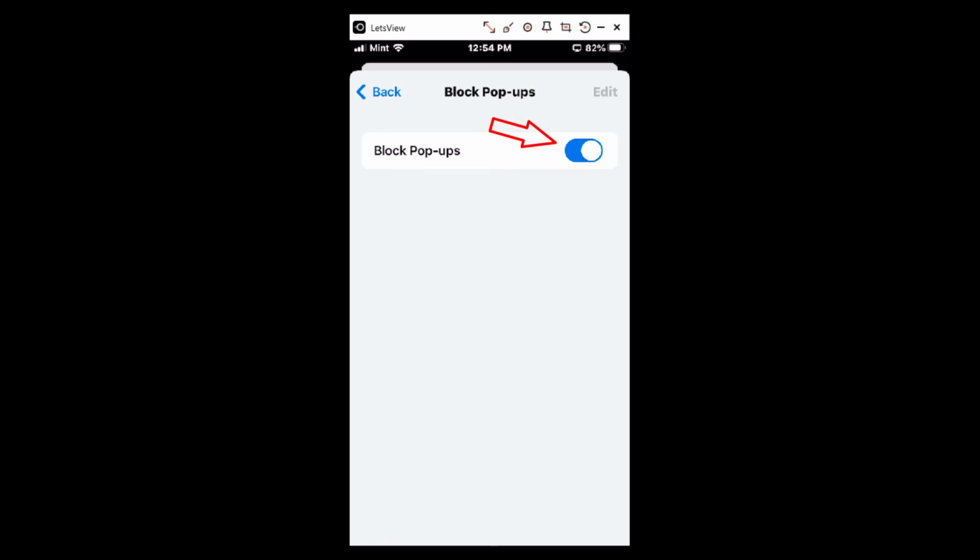Now I'm blocking pop-ups. But that's how you enable or disable pop-ups in the Google Chrome app using a mobile